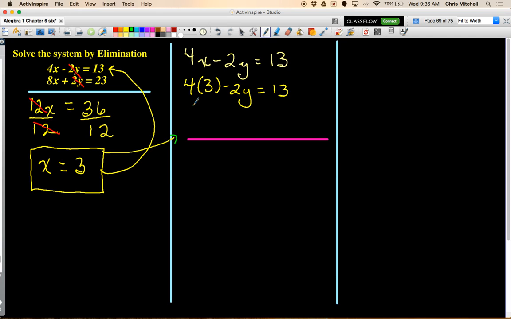So 4 times 3 is 12 minus 2y equals 13. Now I'm going to eliminate 12, or subtract 12 from both sides. And my result will be